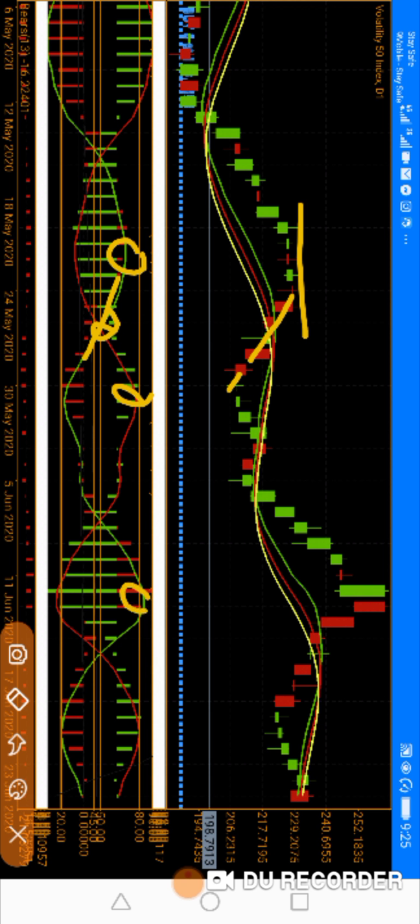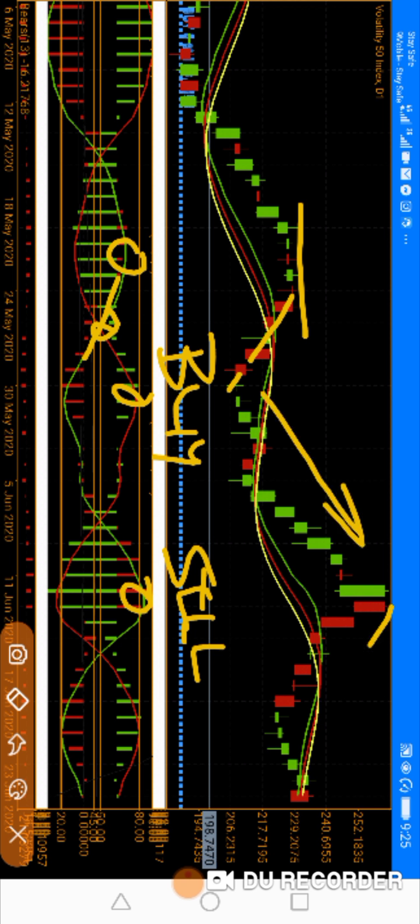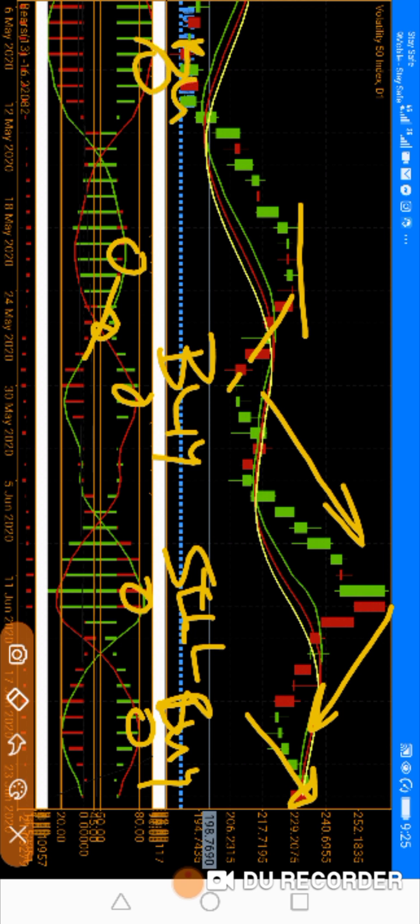And look at the buy, look at the sell. Buy. You see, there's another buy here. So if you want to use lower time frame, just study it. Look at the buy here. Buy. You see, when the green is up, buyers will be trying but